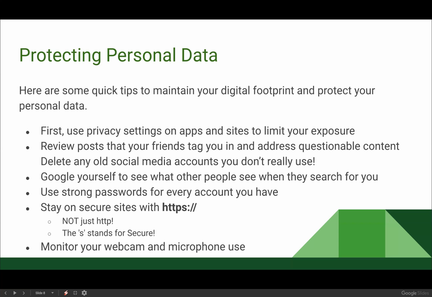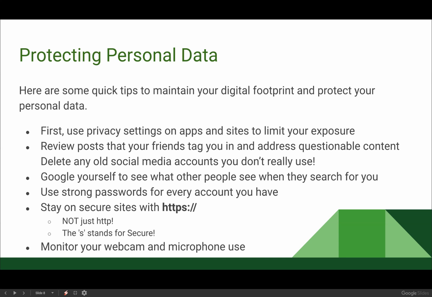As soon as I get a new computer, I always go in and set all of those things to no, please don't collect or please don't share my data. I would like to be as private with my information as I can. So anytime you go to a new service or have a new device, make sure you're setting those privacy settings to not share your data if you don't want it to be shared.